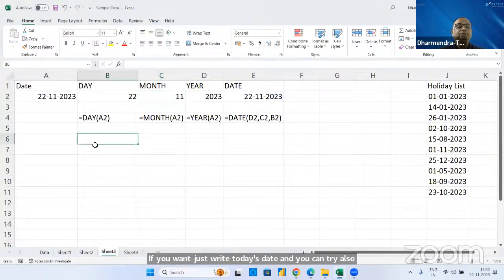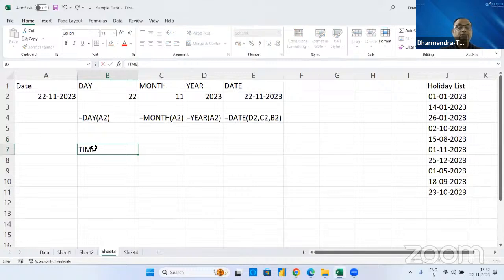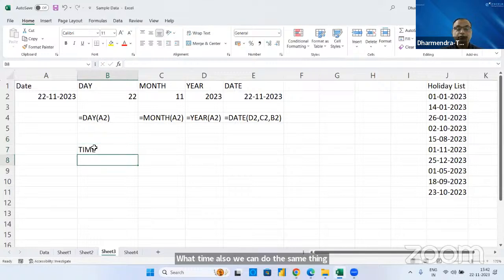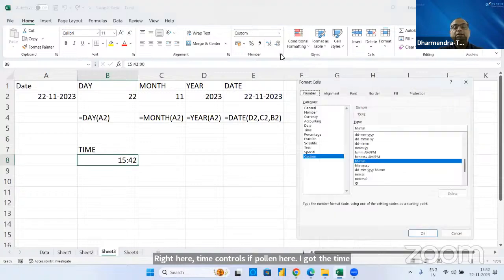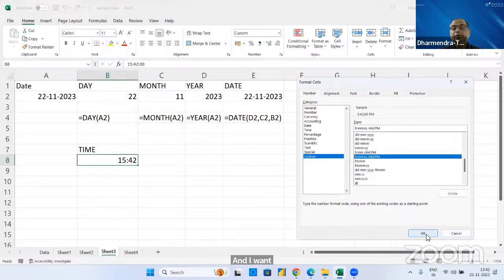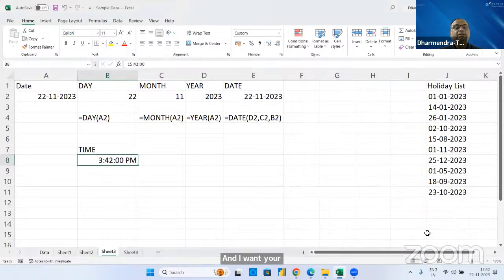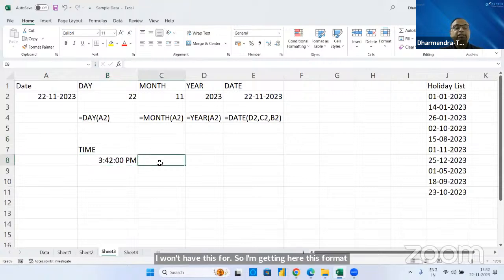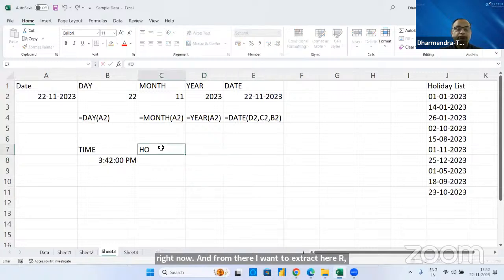For time also, we can do the same thing. Right here, time, control shift colon. I got the time now. For time, I got here the 24-hour format. So I can go for this custom right now. And I want this format. So I'm getting this format right now. And from there, I want to extract here hour, minute, and second. So what I should do,